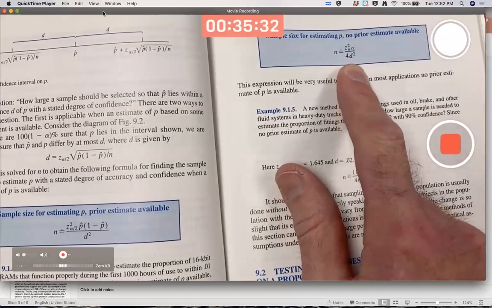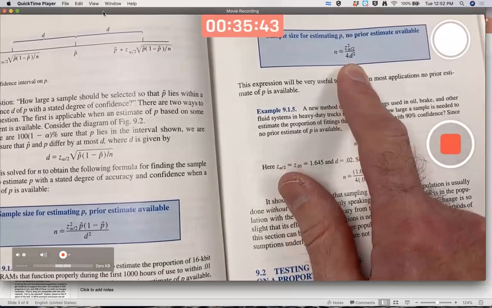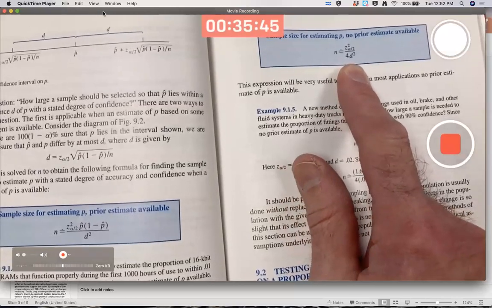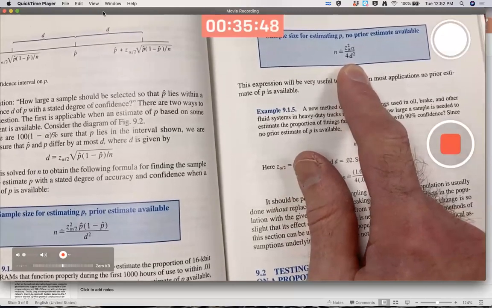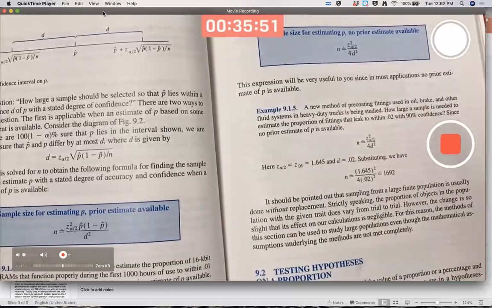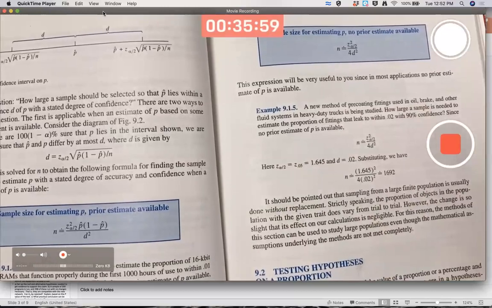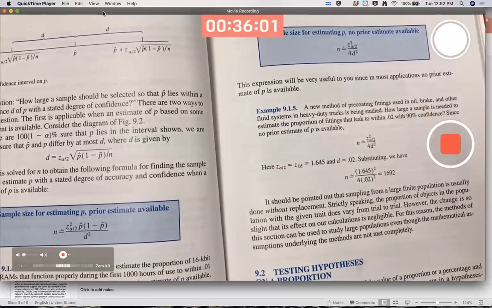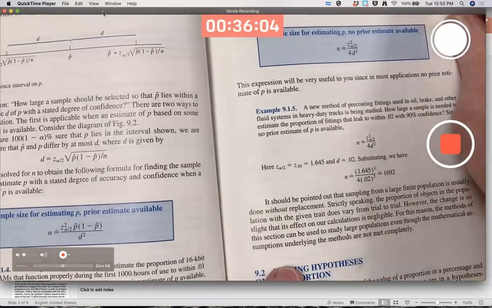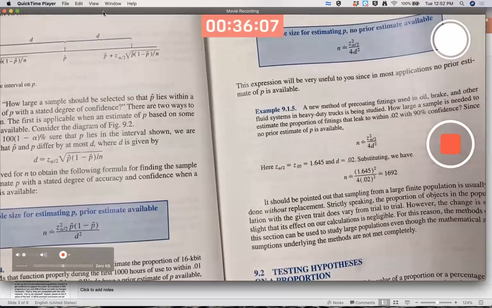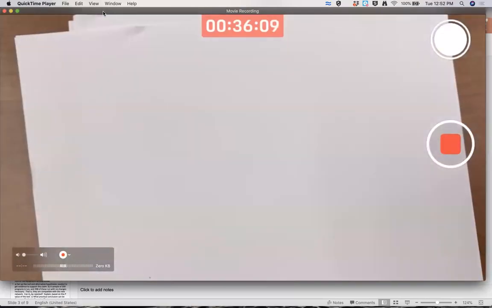Of course, you could also make it smaller by making d bigger. If you don't want a super small margin of error like 0.01, then go for a bigger margin of error like 0.05. But maybe that's too big to be useful. There's always trade-offs in these things. People debate these things, not only from a theoretical statistical level, but also from a practical implementation level. You can do hypothesis testing for proportions too.